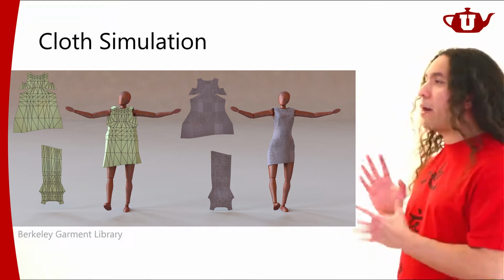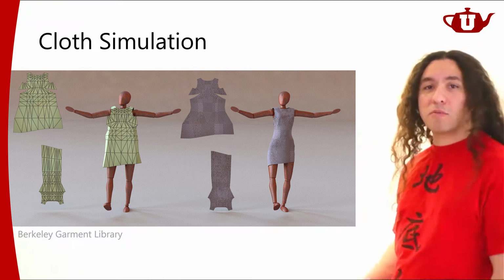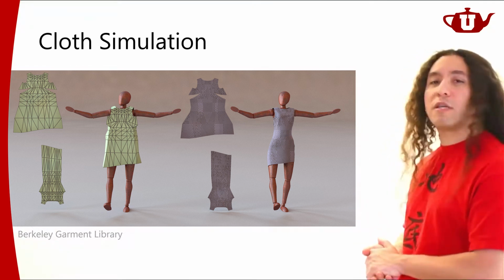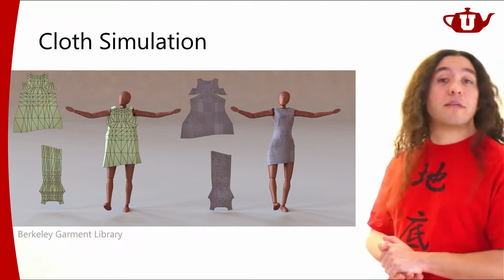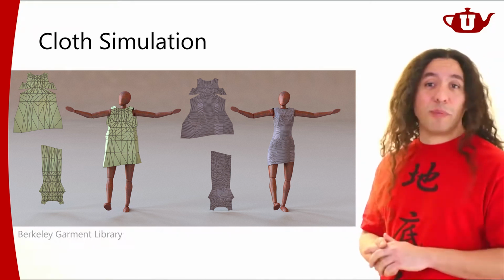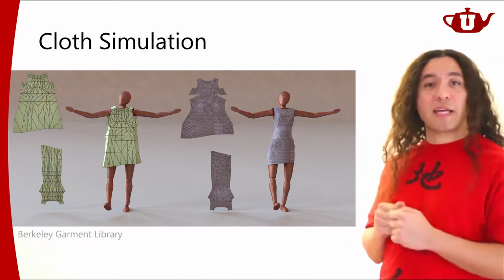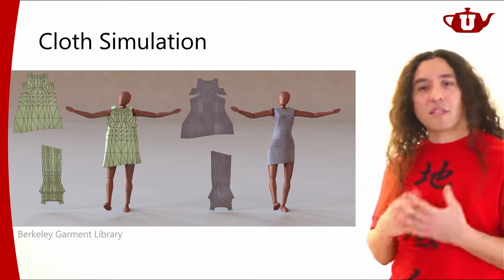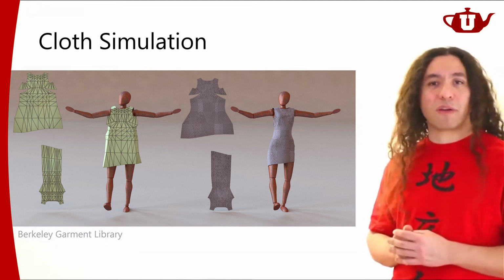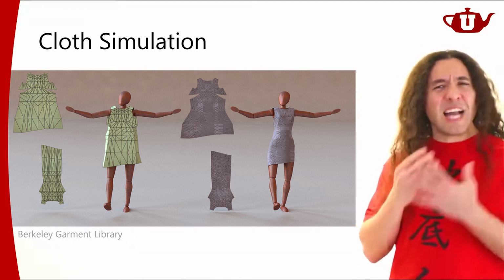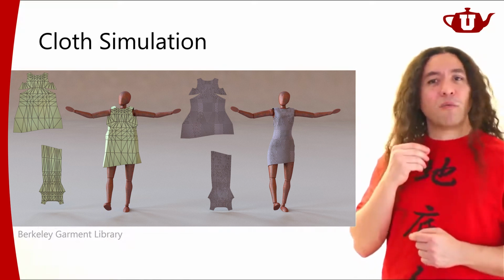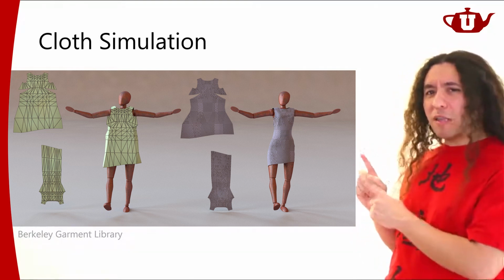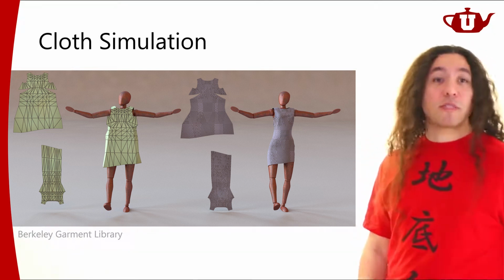The most common way of simulating clothing in computer graphics would be something like this. We will have a triangulated mesh, and the vertices of that mesh would be where our masses would be. But instead of having spring forces that connect them, we typically use different types of force formulations. Conceptually, they're very similar to mass spring formulations. I'm just saying that they're not quite mass spring formulations because what we apply are not quite spring forces. They're just different. There might be spring forces as well, but we add different types of forces too.